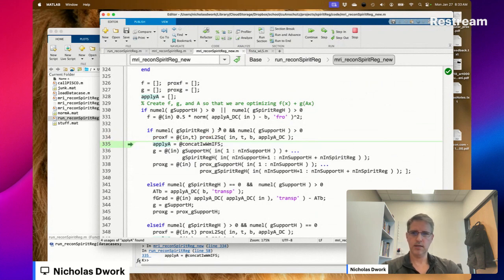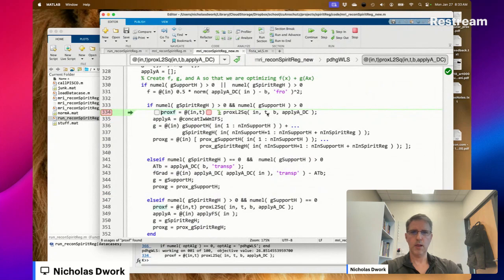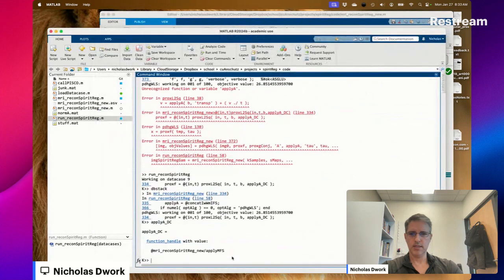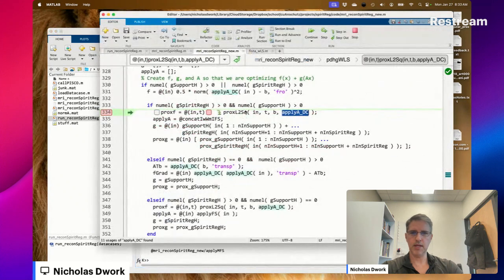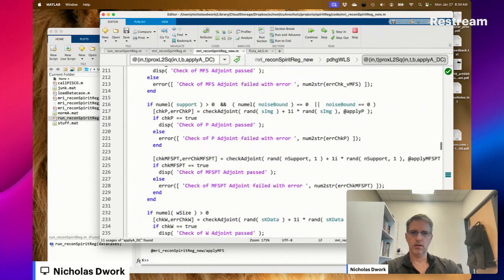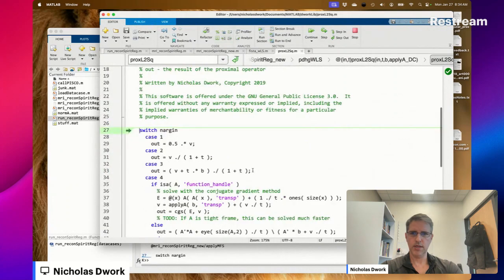Okay. Ah! Apply A. DC is a function handle, which is apply MFS. So what's the issue? If I go prox L2 squared,